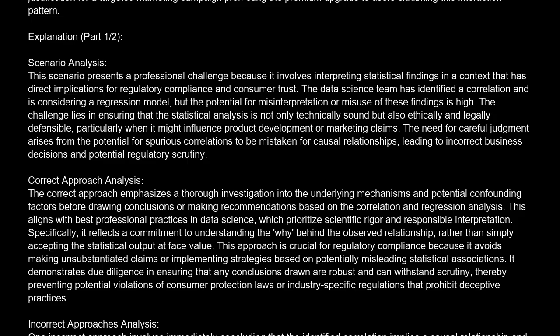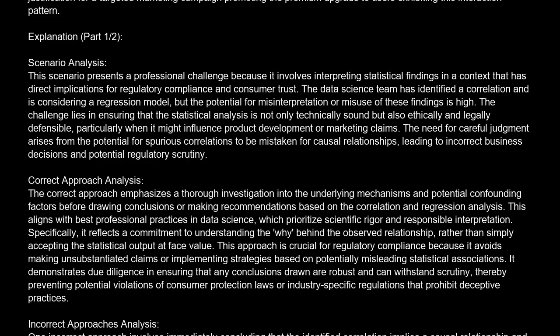Correct approach analysis. The correct approach emphasizes a thorough investigation into the underlying mechanisms and potential confounding factors before drawing conclusions or making recommendations based on the correlation and regression analysis. This aligns with best professional practices in data science, which prioritize scientific rigor and responsible interpretation. Specifically, it reflects a commitment to understanding the why behind the observed relationship,